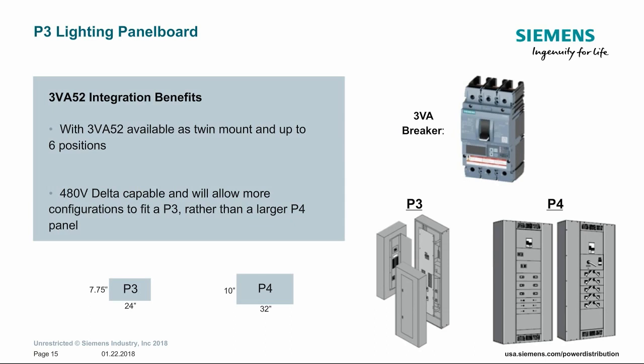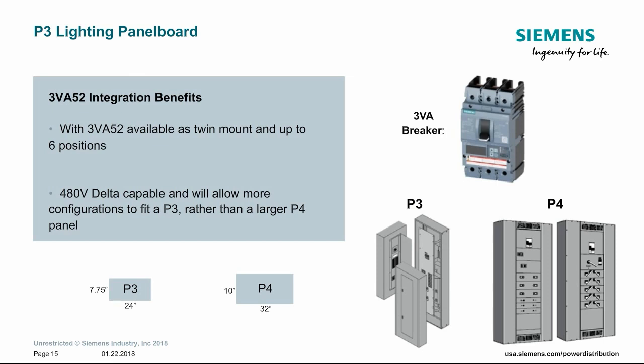Here we want to really dive into the benefits of this 3VA integration that we'll be seeing in fiscal year 18. One of the reasons why we're really excited about this 3VA 5.2 coming into play is it's available as a twin mount up to 6 positions, which means we're 480 volts delta capable and will allow more configurations to fit a P3 rather than bumping up to a larger P4 panel,